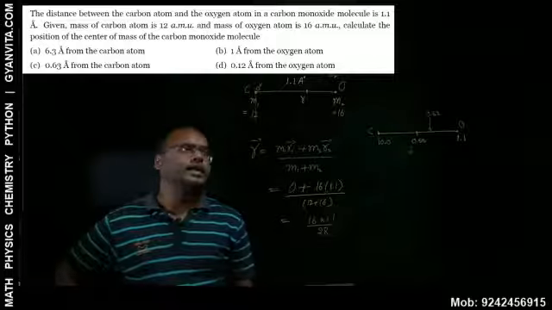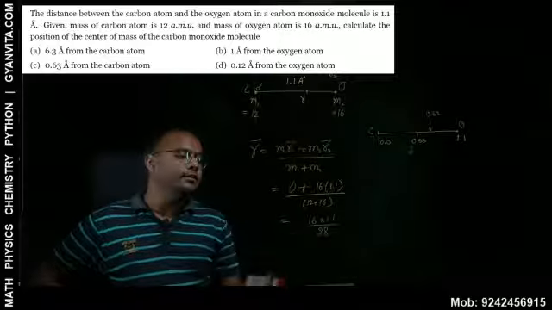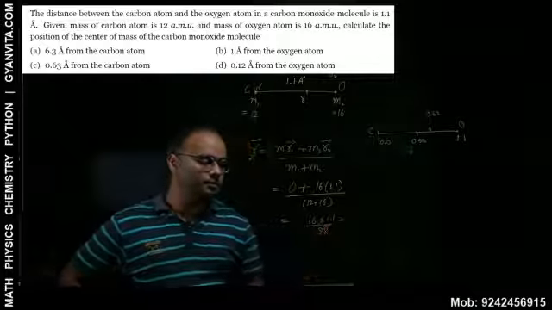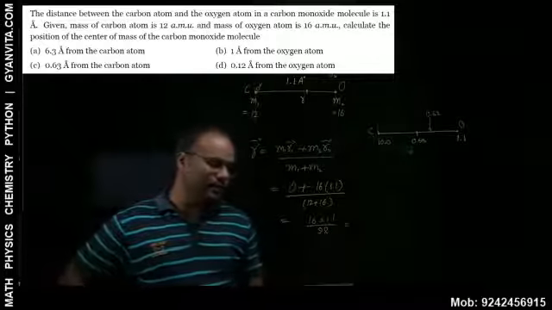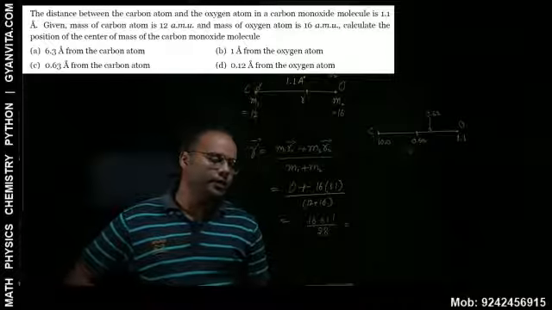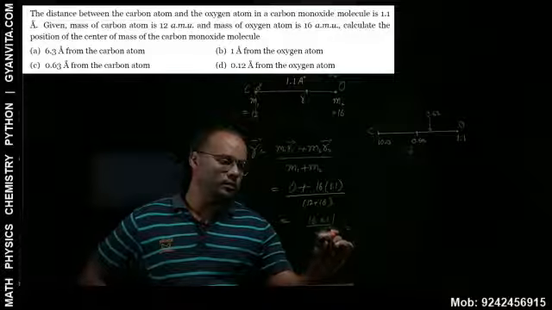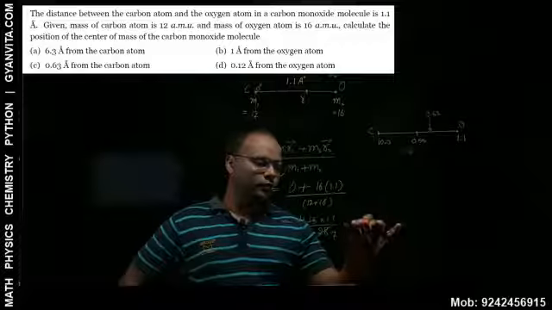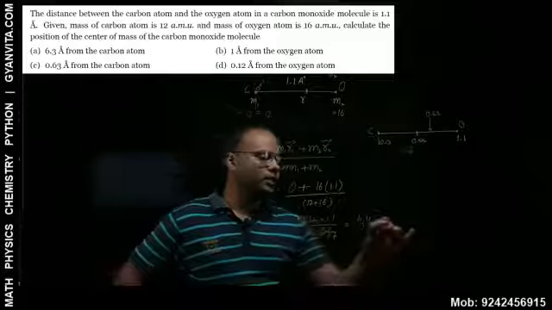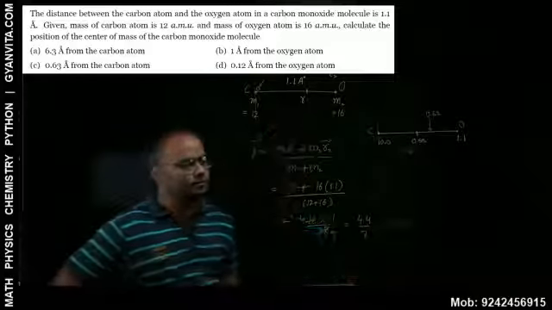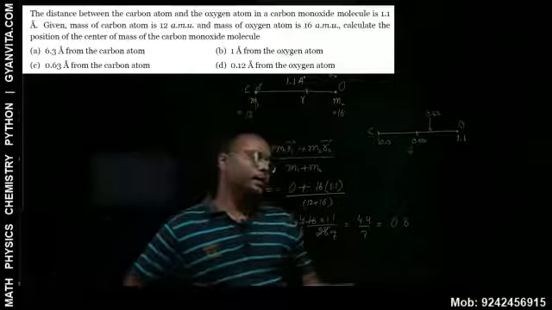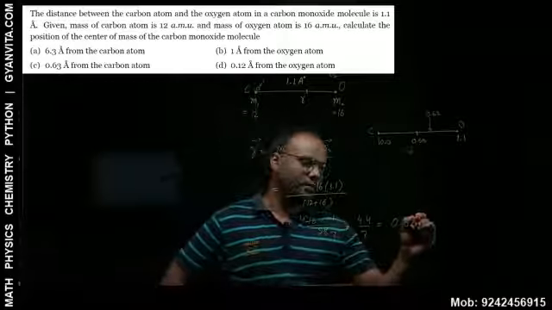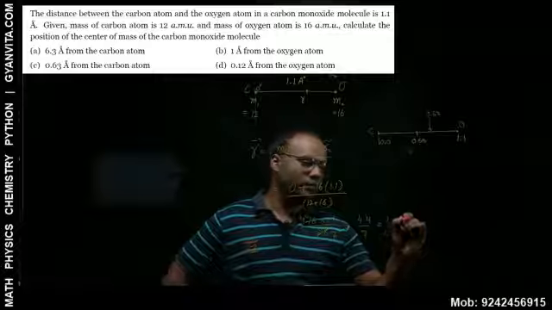And this will be in this direction itself, right? And distance is actually from carbon. So this is 16 into 1.1 divided by 28. So that is 7 and 4. So this is actually 4.4 divided by 7. So that is 0.6, 42, then 2 and then 6. So 0.628 and so on.